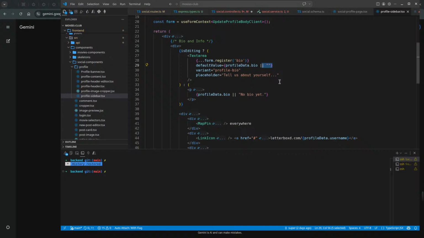طيب خلينا نقول إنه undefined. I'm not going to use undefined. I'm only going to use null. But a comment, for example, الcomment cannot be undefined.